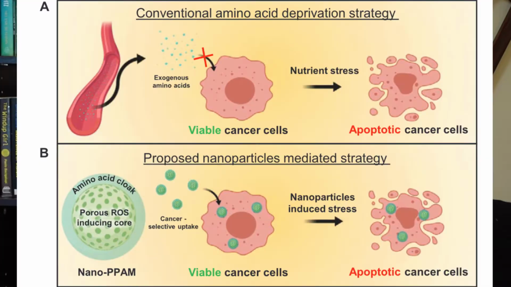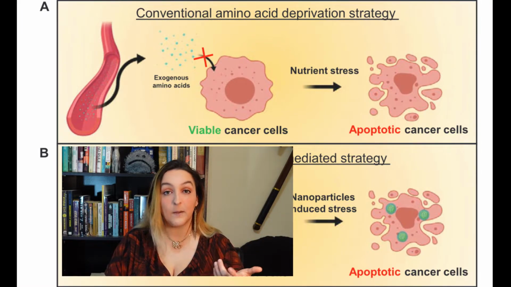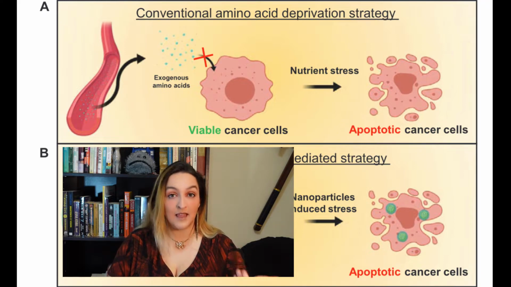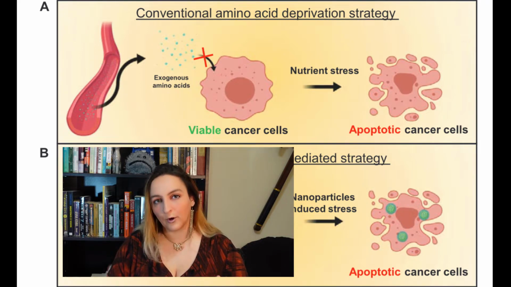So, figure 1 is illustrating this difference. The top is the general current strategy where you starve the patient of amino acids. Since the cancer cells are dividing and growing much faster than normal cells, they'll feel the effects of the lack of ability to make proteins much faster than normal cells and become unstable and apoptotic, or programmed for cell death. If you can get the cancer cells to all starve before the patient does, you win!